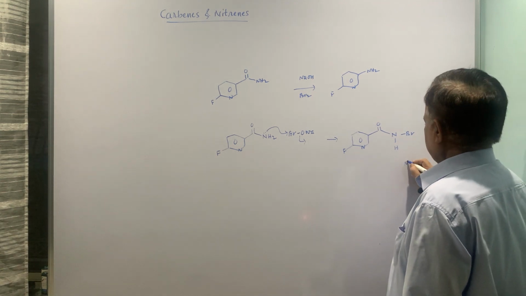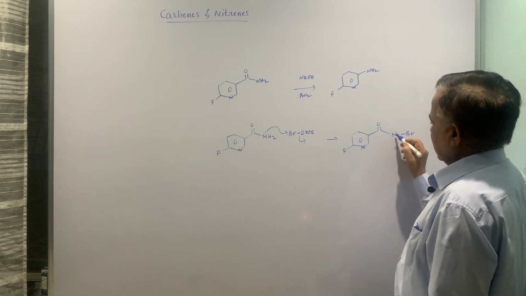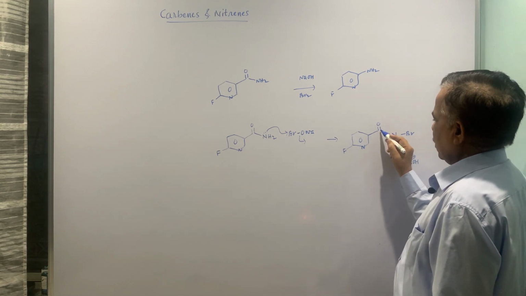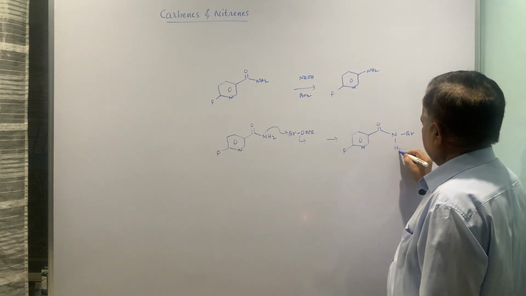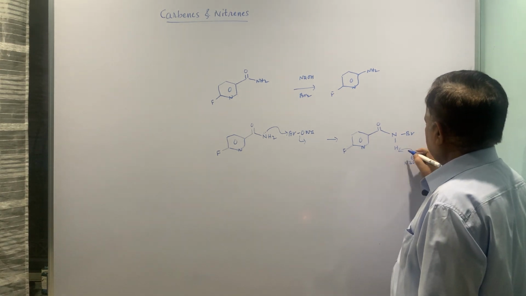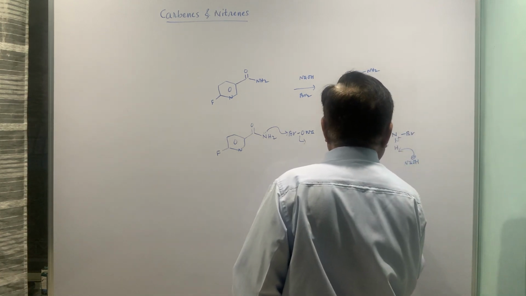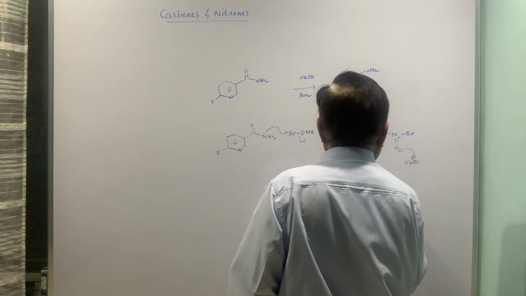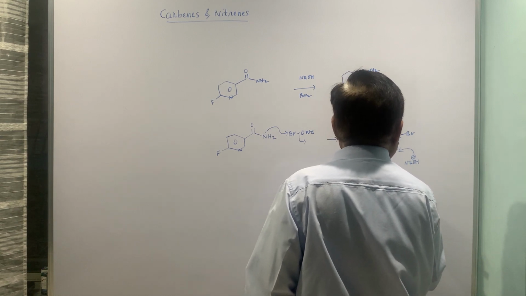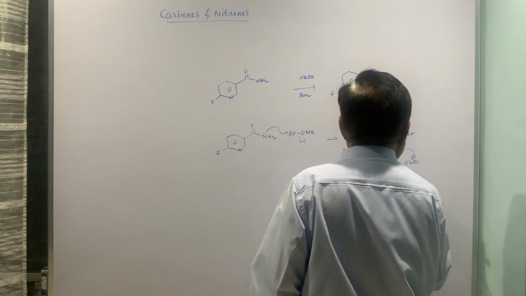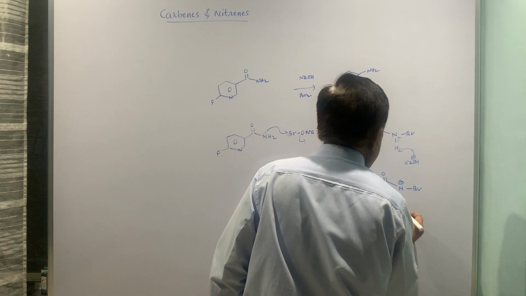Now, here NaOH is there. Since this nitrogen is having an electron withdrawing group here as well as here, this NaOH is capable of abstracting the proton, otherwise it cannot. So you get CO N minus and Br. Now, this is nitrine.